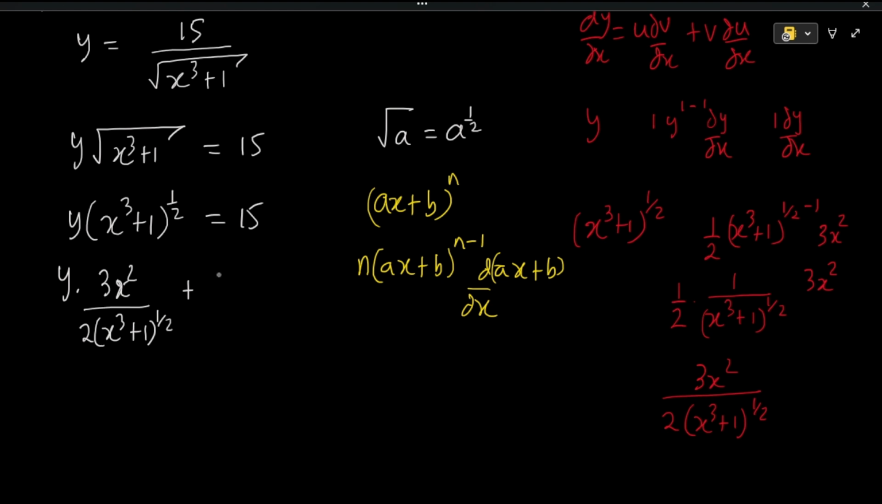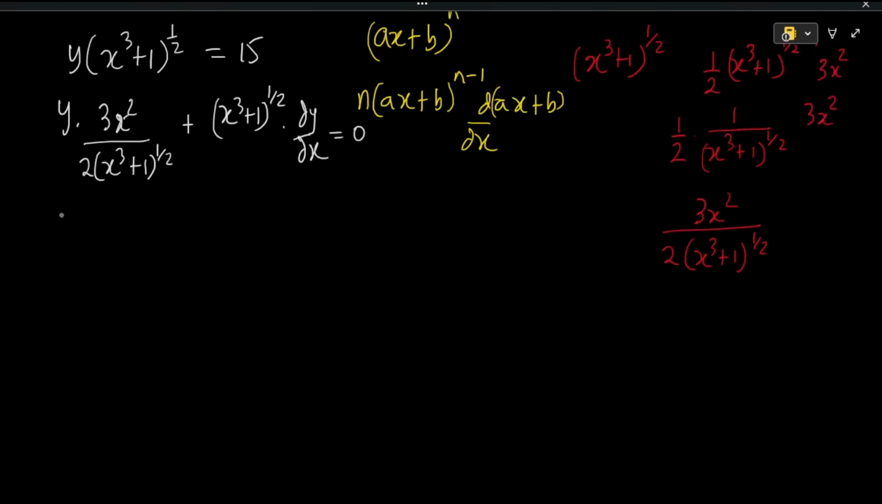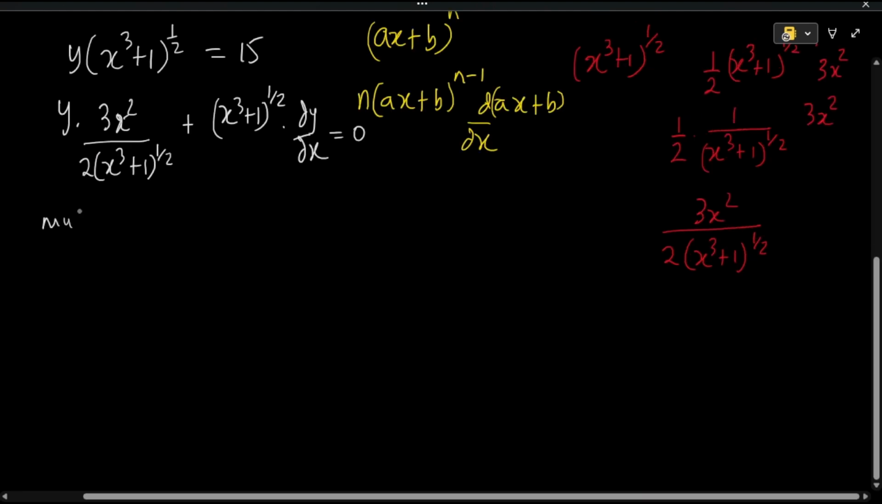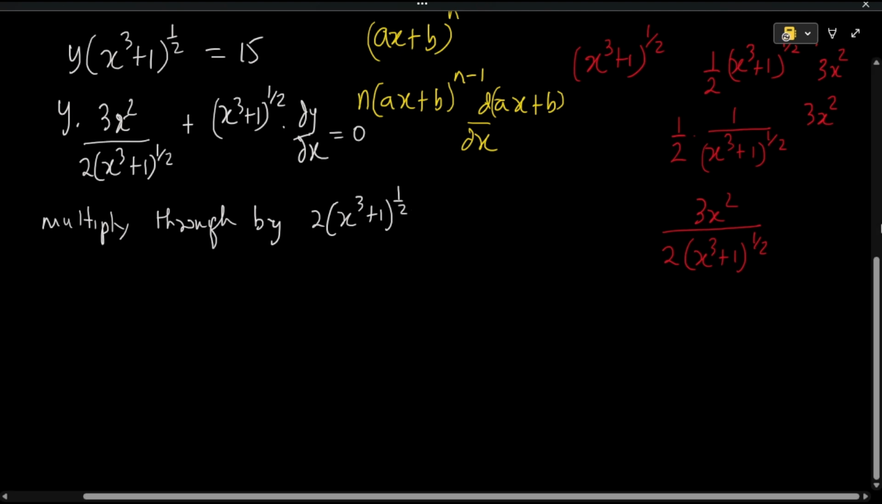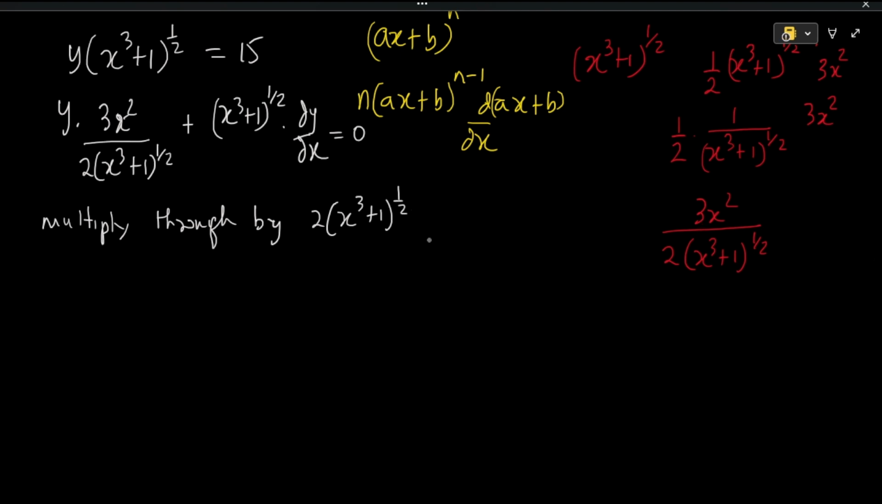We maintain the second factor, and differentiate the first factor, which is, and the derivative of a constant is 0. Let's clear the fractions. So we're going to multiply through. So we're going to have